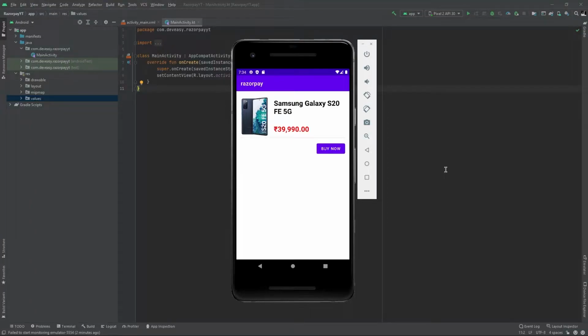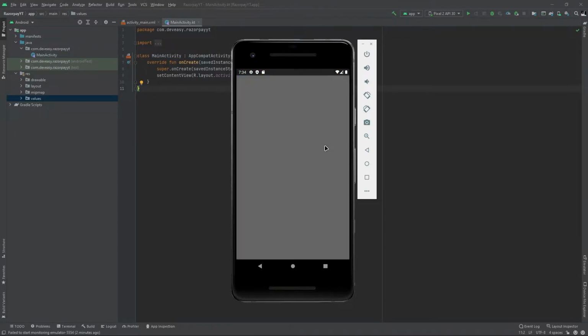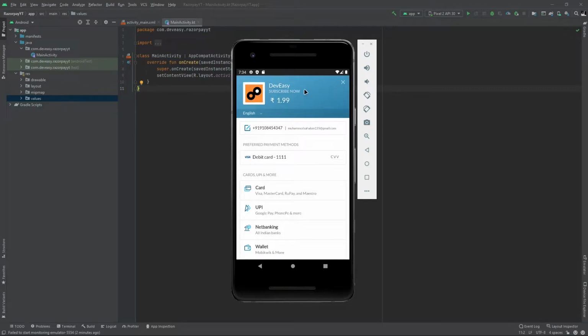Hello guys, in this video we will integrate Razorpay payment gateway in our Android application. So it's very simple to integrate. Let's see how we can do that. So here is a small demo of the application which we are going to create. So here I have some card and I have some details here. When I click on this Buy Now, I am redirected to the Razorpay page, and then here you can